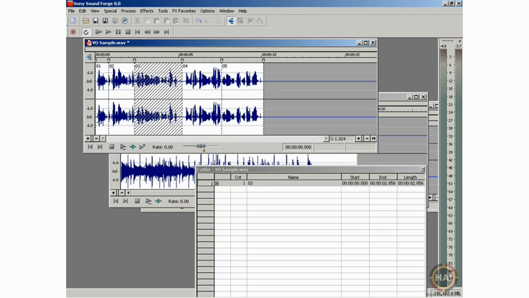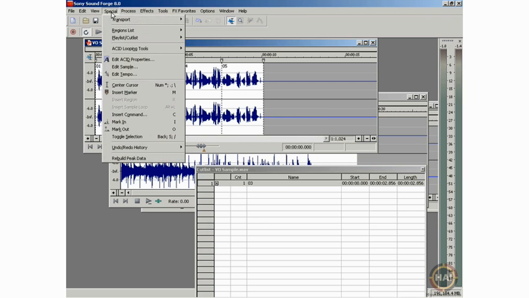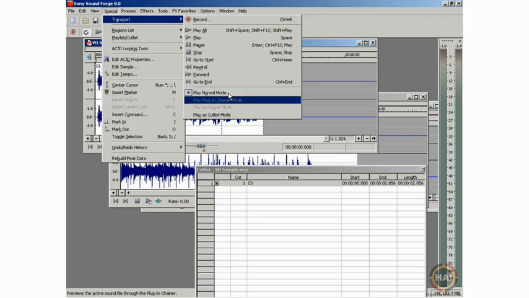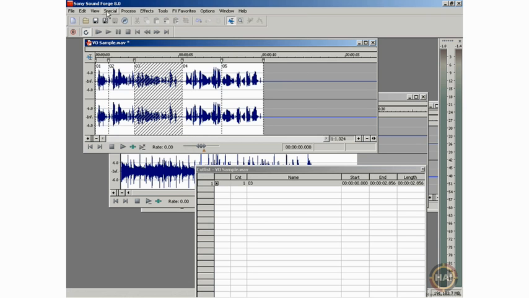So if I take this back to the beginning and I hit play, it plays normally, but you can see that because it's in cut list mode, it's kind of grayed out. But if I go up here to the top and I go to play as cut list mode,